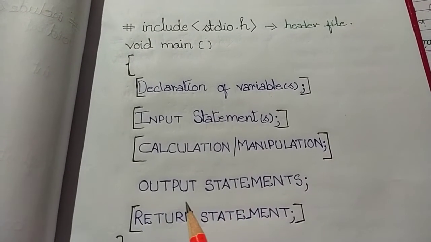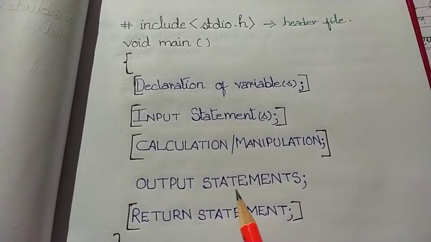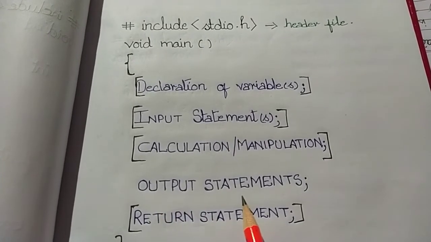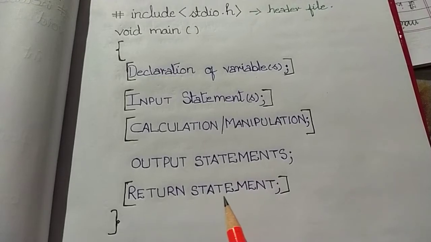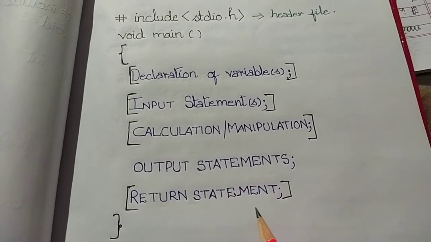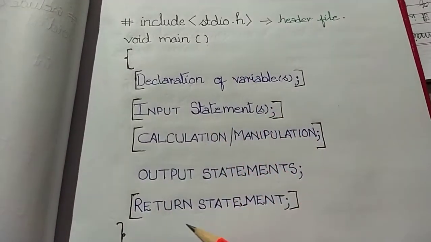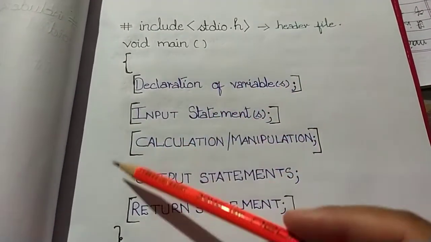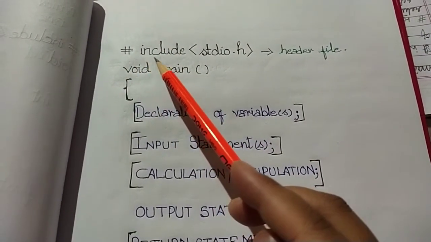Remember, it's no use to write a program without it delivering the output or the result of your program. Therefore, the output statement is very important. And then last but not the least, we have the return statement. Again, the return statement is optional. It depends on your main whether you want to return or you don't want to return. So before we discuss all these things, let me explain to you what is #include